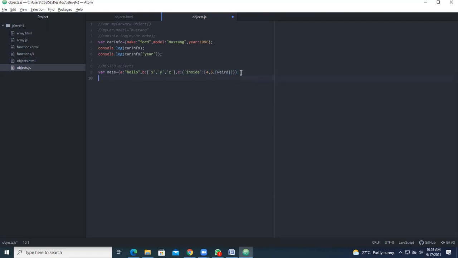Okay. Suppose now I want to display each and every value within the object. So if I want to print the hello, how can I print? If I want the value hello to be printed, how can you print? Hello is the value pair for which one? It is the value pair for A. So how can you print that particular hello statement?